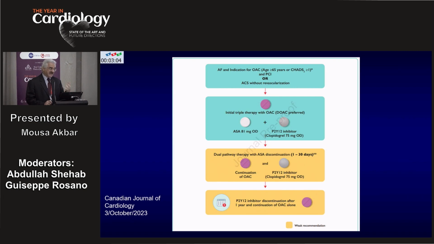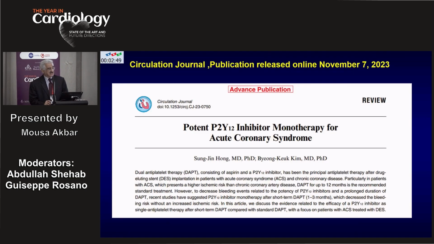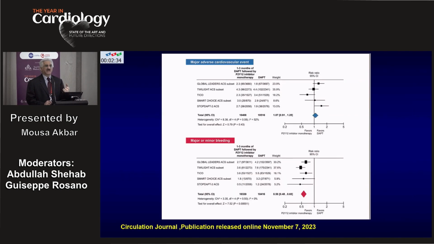And this is triple therapy, again, no different from the European in terms of the strategy of how to manage addition of anticoagulant with the dual antiplatelet in AFib and PCI. Last but not least, in the last 2 minutes, ladies and gentlemen, I came across a few days ago this nice review article published just last November 7, 2023 in Circulation Journal. And what it showed summarizes the short therapy. You can see taking into account the Global Leaders with acute coronary syndrome, Twilight, acute coronary syndrome, TICO, Smart Choice, and